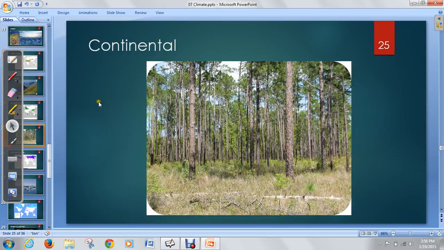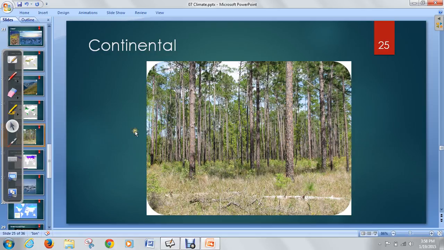The next one is what we call the continental biome. Continental's kind of interesting because for part of the year it looks like the temperate biome. So think of like Alberta, Canada, if you're familiar with what Canada looks like. For the summertime, it looks a lot like the temperate biome. You got forests, you got trees, pretty mild summers, but then in the wintertime, it can get very, very cold, lots of snowfall. It almost becomes like tundra.